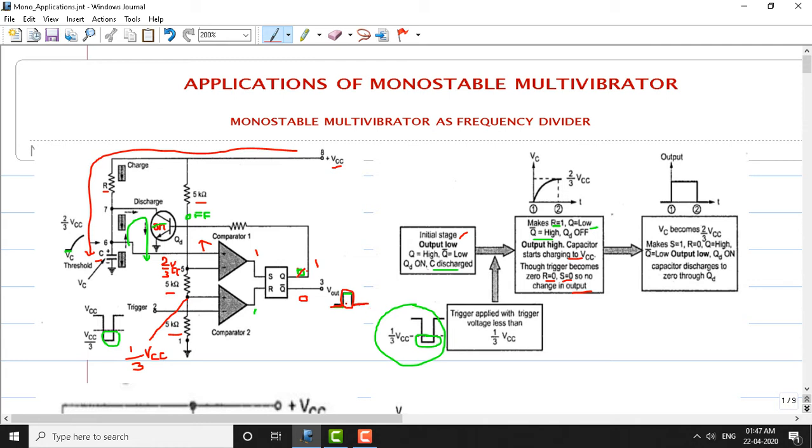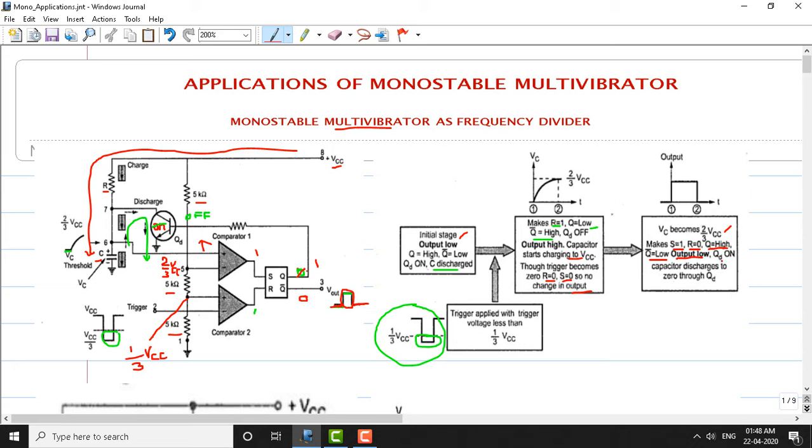This is very important in the monostable multivibrator. Therefore, this monostable multivibrator is also called a one shot. It has only one. The moment we apply a trigger here, it goes to the high state and comes back to the low state soon after the complete charging of the capacitor. The same thing is explained here. Once the voltage across the capacitor VC rises to 2/3 VCC, that makes the set input 1 and the reset input 0. That changes the flip-flop output, Q high and Q bar low. So the output will be low here and returns back to the normal state.